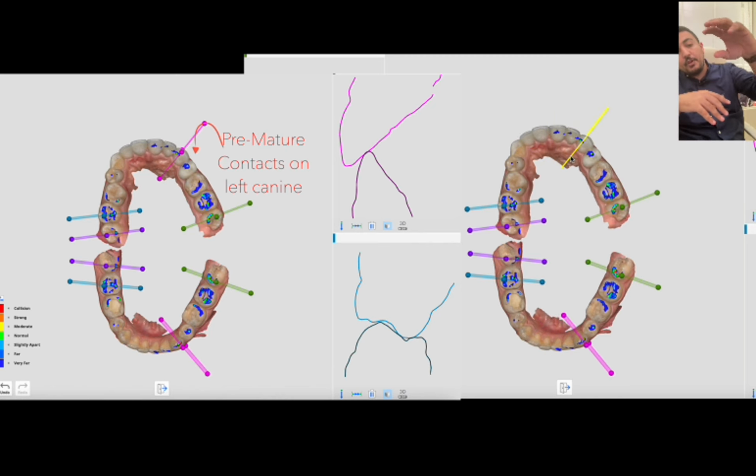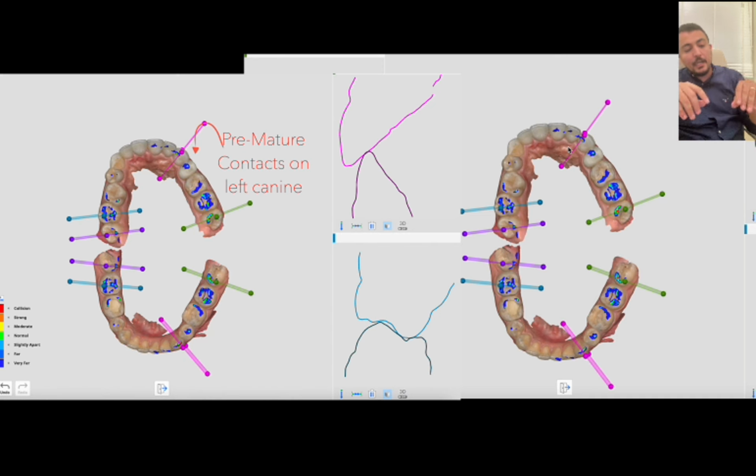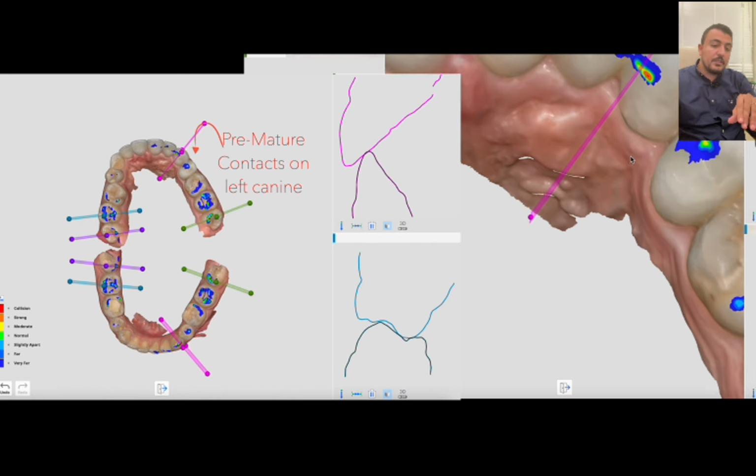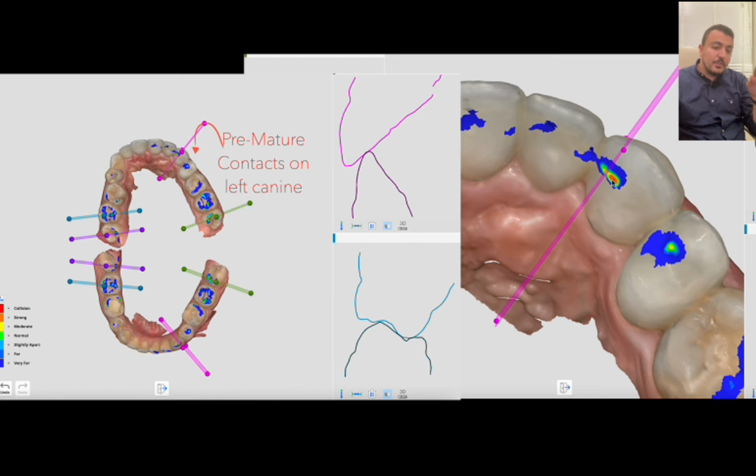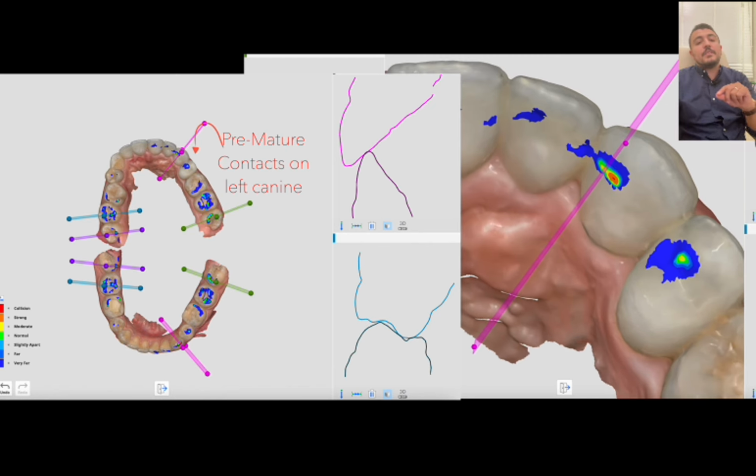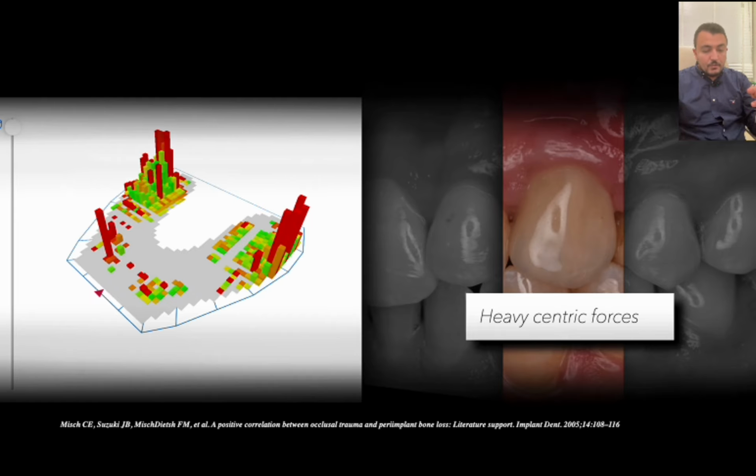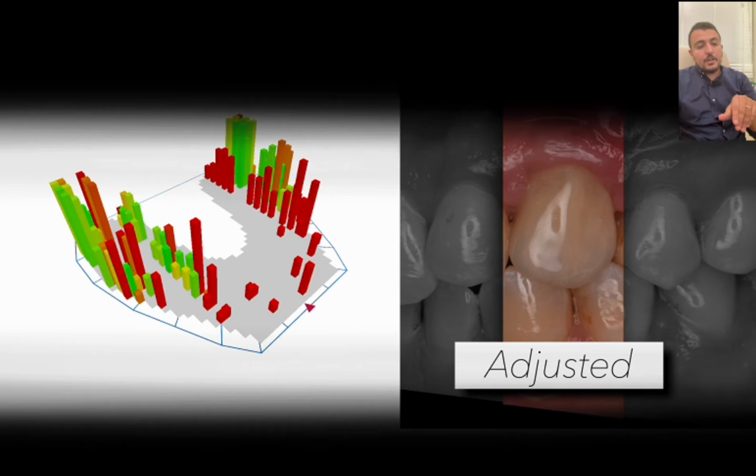So we have a very high bar of forces on the anterior teeth, which is the canine, and a very low bar of forces on the posterior teeth. So we have a lot of interferences which might affect the integration of this implant and might lead to failure of the implant. So it's also confirmed with OccluSense. Here we can see a very high bar of forces at the canine, and little occlusion of the posterior teeth. So after adjustments, we have a proper occlusion of the posterior teeth, which is mutually protected occlusion. So we can decrease the failure of this implant crown by making very small and easy steps,